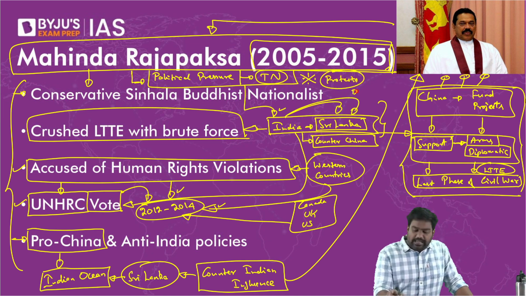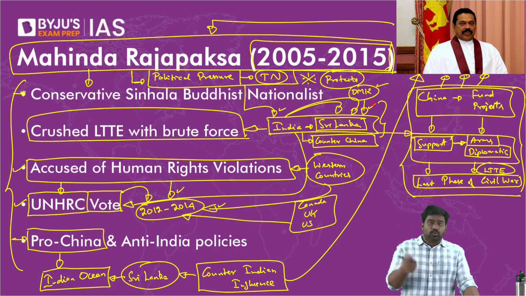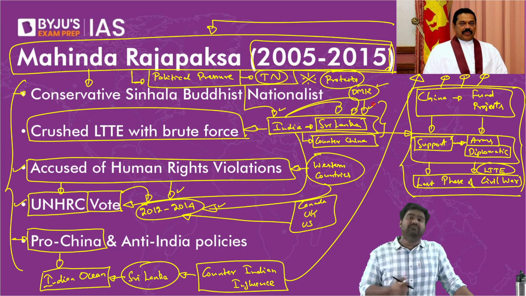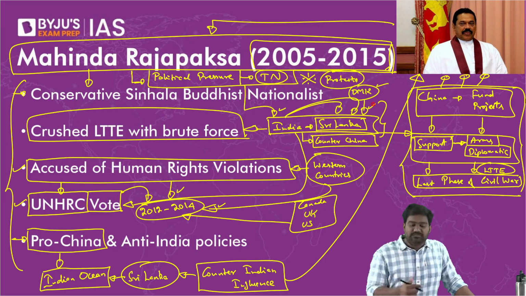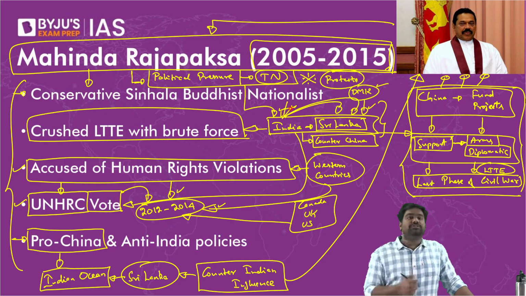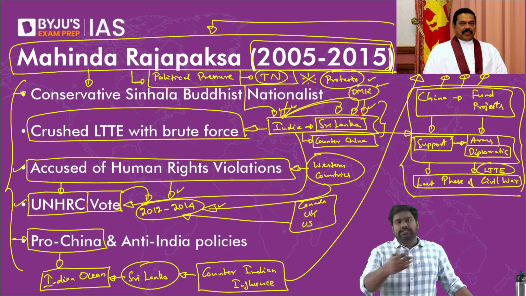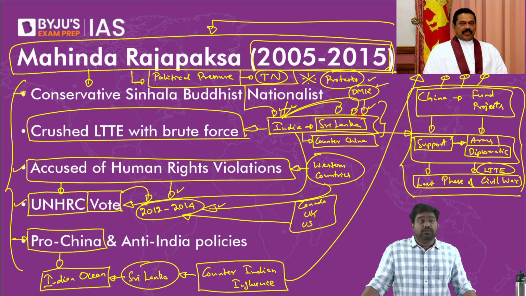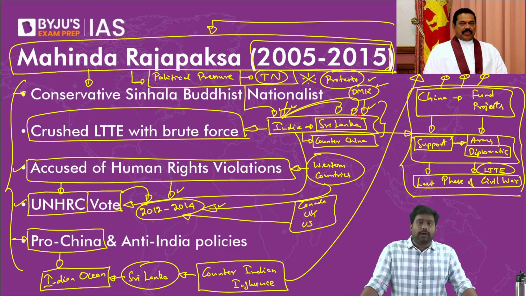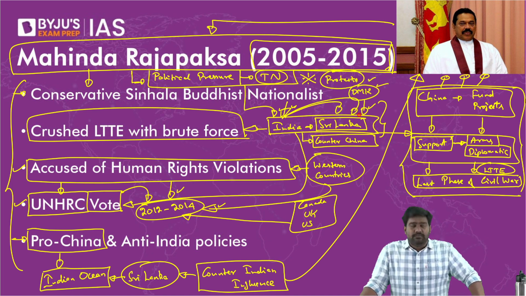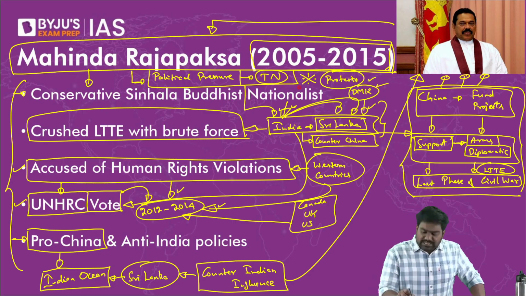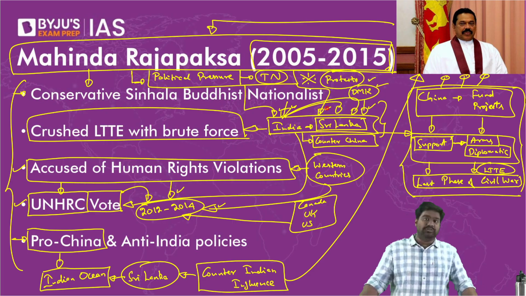And the DMK, which was a coalition partner in the Manmohan Singh government, had threatened to quit the coalition, leading to the collapse of the Indian government itself. Essentially, the central government was held hostage due to coalition politics. It's not just the DMK, even all the other parties, AIADMK and Vaiko's party and all the other Tamil parties as well, they sympathized with the Tamil cause, but they extended support to the LTTE as well. So when the last phase of the war was going on, even though India wanted to supply weapons and help Sri Lanka in crushing the LTTE, there was significant pressure from Tamil Nadu which would prevent India from doing this.